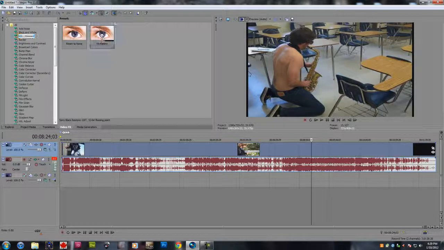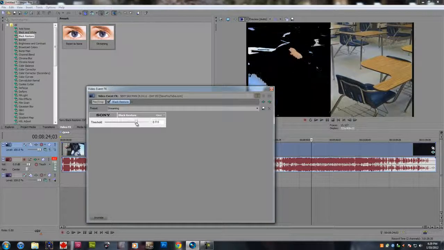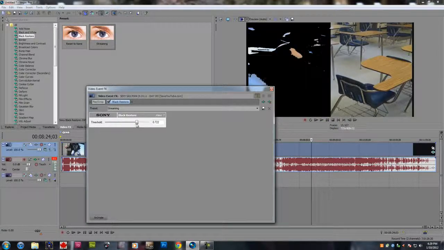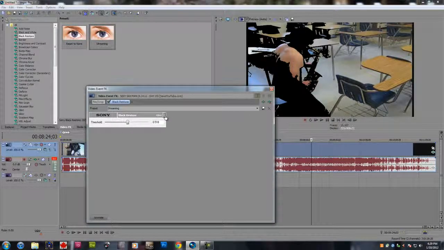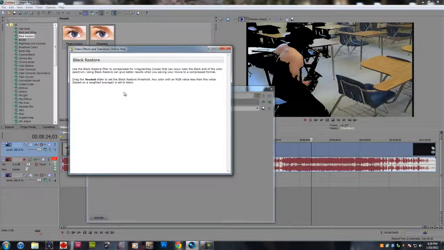Okay, Black Restore. What Black Restore does is if you drag it and put it there, you're not going to see anything right away, but you drag this, and you can see that we kind of get like a threshold. Well, it says threshold, obviously. You get a threshold, and you're controlling the blacks. And if you click on this little question mark here, you can actually read what it says. It says, use the black restore filter to compensate for irregularities, noise, that can occur near the black end of the color spectrum. Using black restore can give better results when